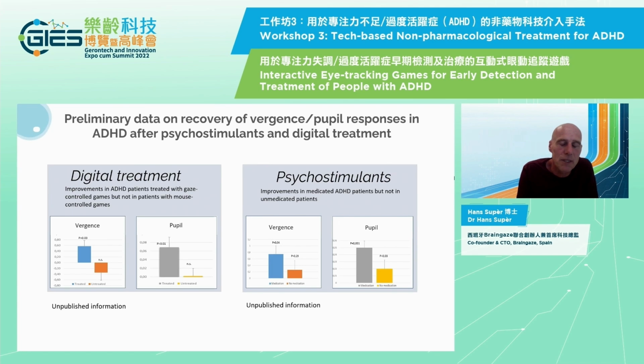We looked at, okay, if we have this improvement in behavior in these kids using this therapy, do we also see this improvement at the level of oculomotor structure, so at the level of our eye movement? If we look at our, let's say, treatment, we see that there is an increase in the virgin response in the experimental group, but not in the control group. We see the same in pupil. Pupil is triggered by the virgins, and pupil has a role also in attention in general. We also see an improvement in the experimental group,